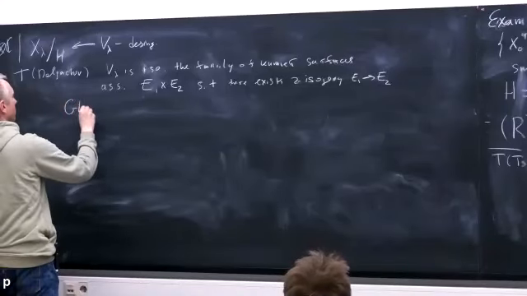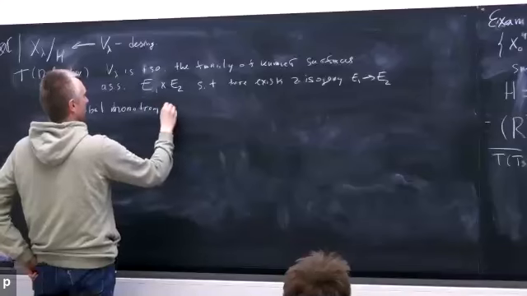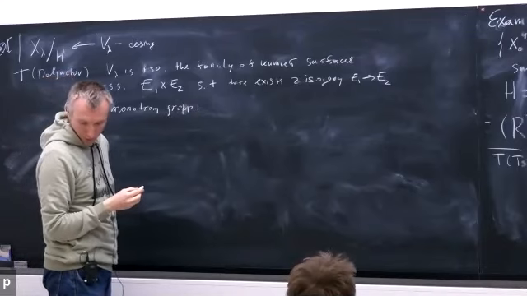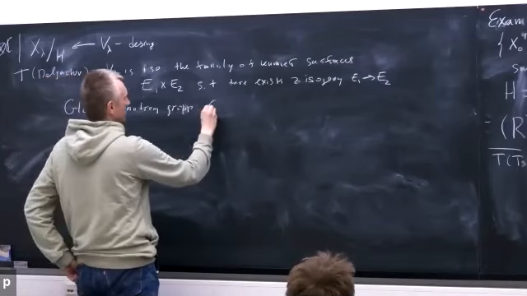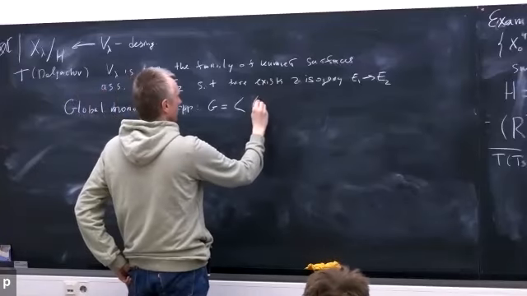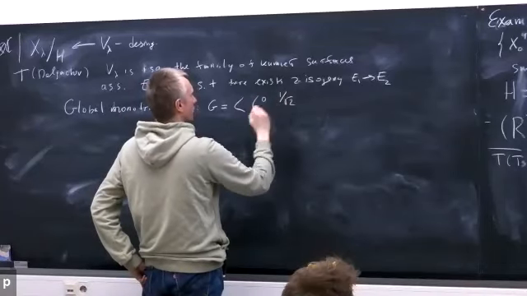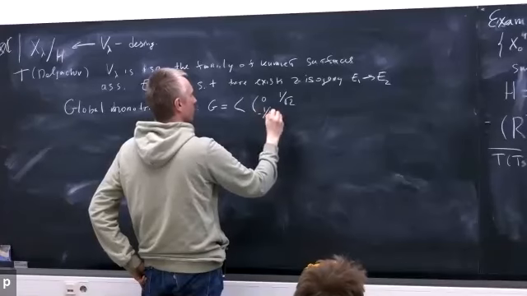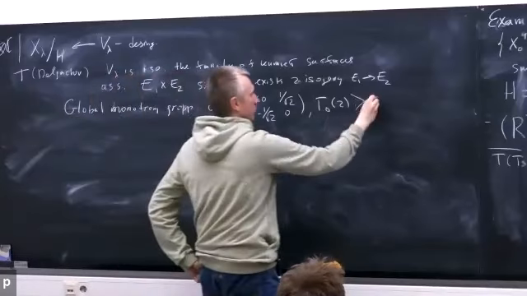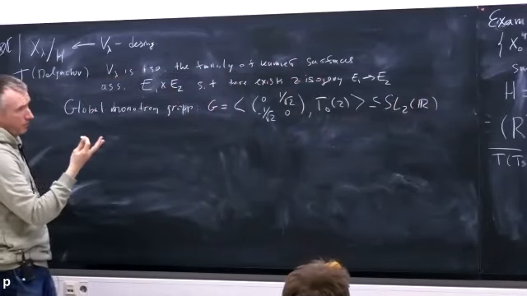So the global monodromy group is very explicit. This is called the Fricke group of level 2. It's a group generated by a matrix (0, 1 over square root of 2; minus 1 over square root of 2, 0) and Gamma_0(2). This is inside SL2(R). So we have an explicit group.